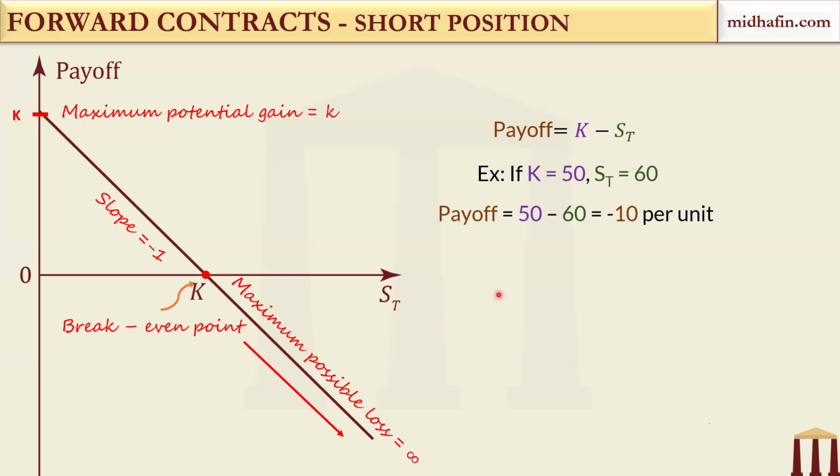You'll find that the slope is -1, which reflects that for every 1 unit increase in ST, the payoff actually decreases by 1 unit. Okay, so again, if you want to analyze it using some trigonometric ideas, okay,